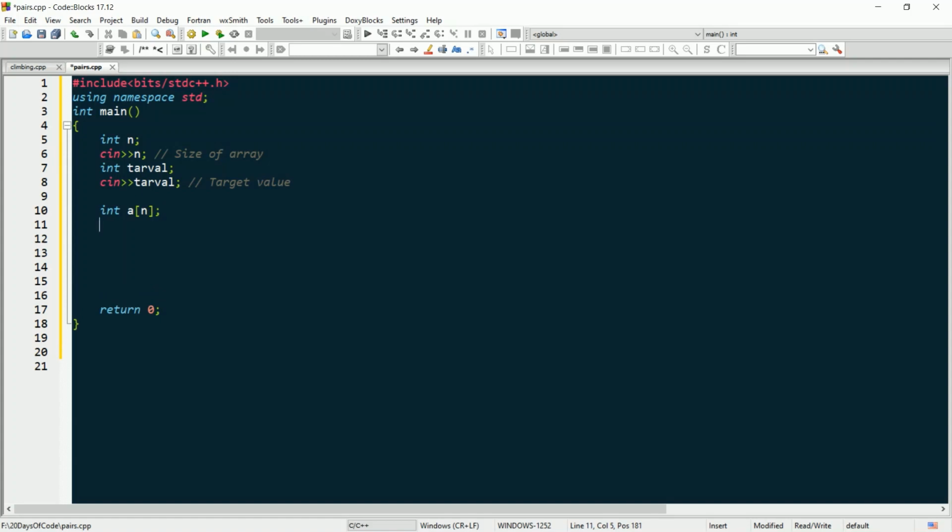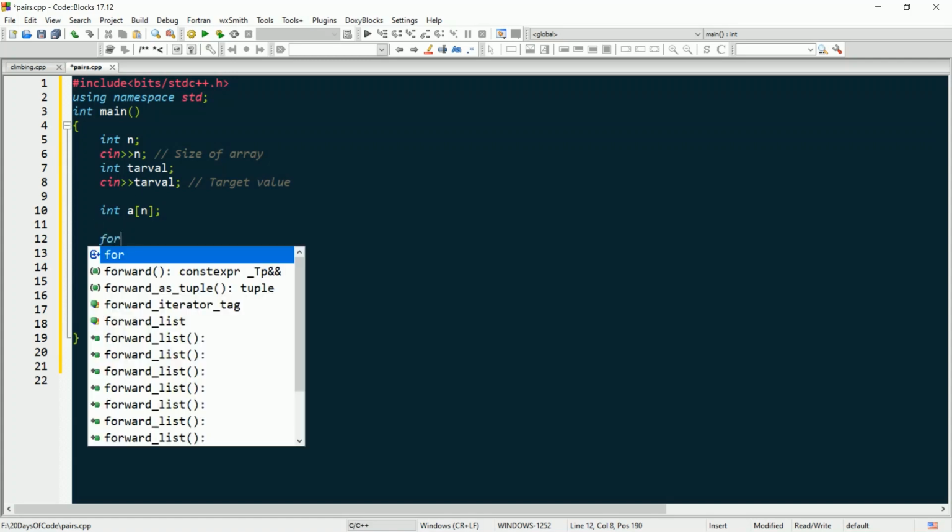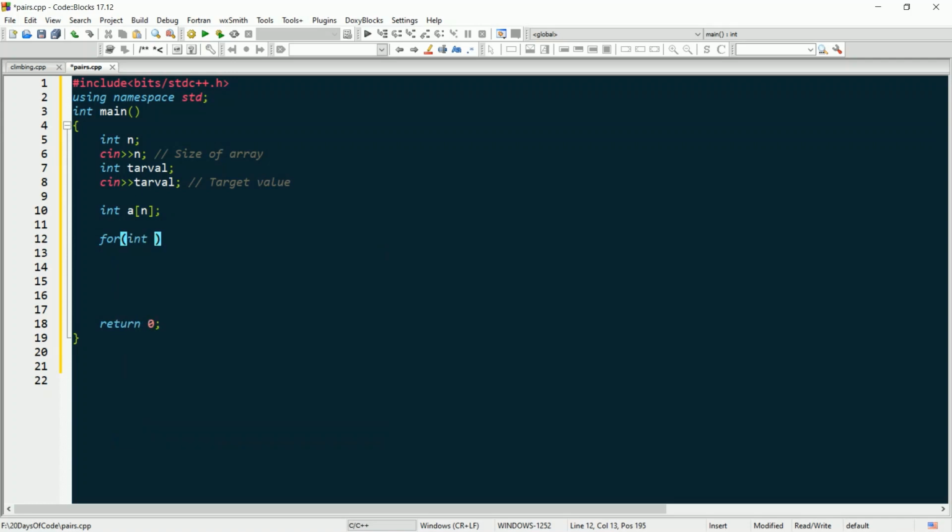Now take the elements, with the index starting from 0, so the array elements are also being stored in the array named a. Now comes the logic part to find the number of pairs.